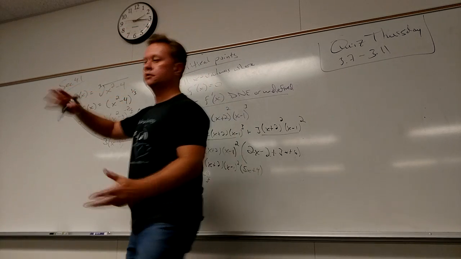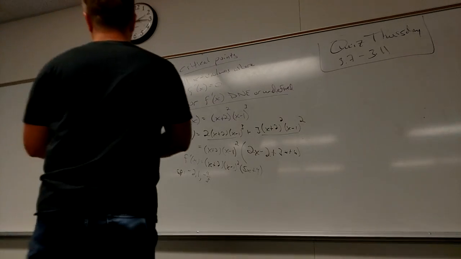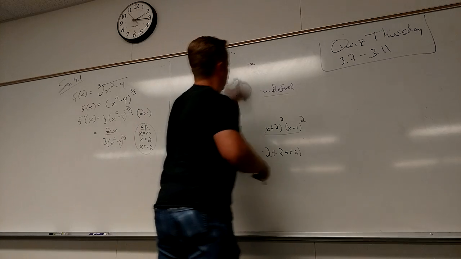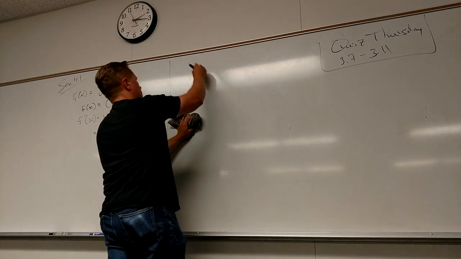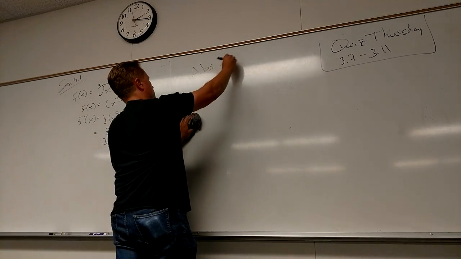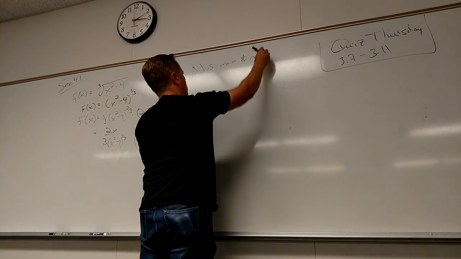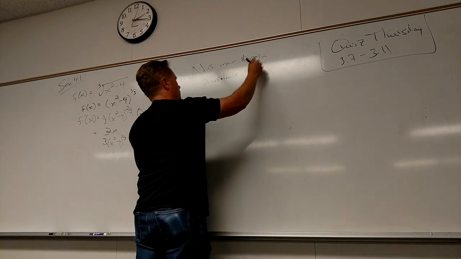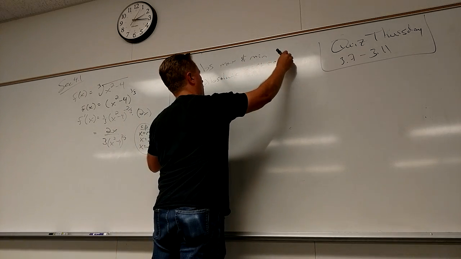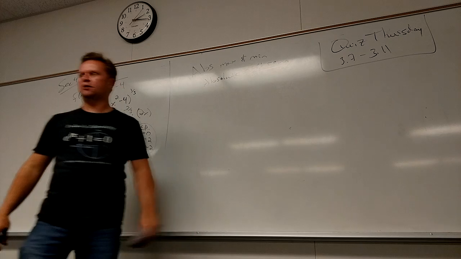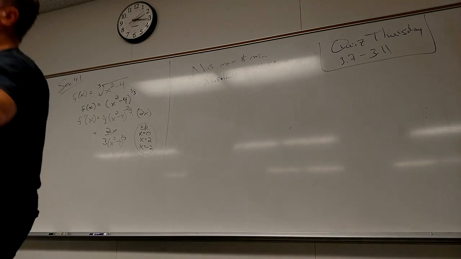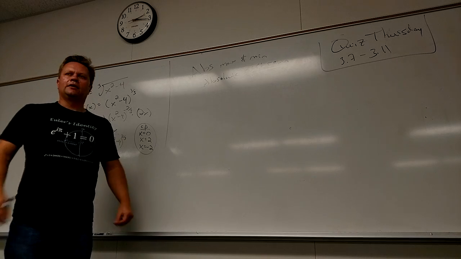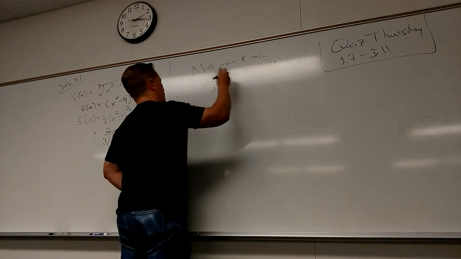So, for example, for this function, if I want the absolute max and min, also known as the absolute extrema. Extrema is just a way to say max and min all at the same time in one word. The extremes, right? Let's say on the